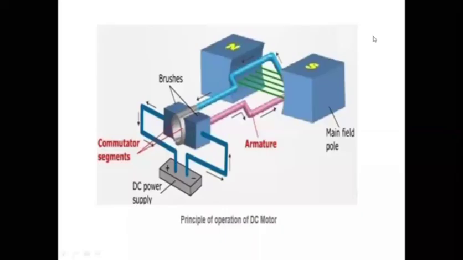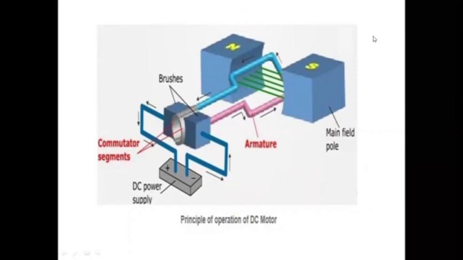This is just a basic figure. I have given you a beautiful figure because that was the black and white one. It gives you a good understanding. North pole and south pole, it is rotating, and see the direction of the current. It is getting reversed: near the north pole the direction is one way, and near the south pole the direction is reversed. So we will have a unidirectional torque developed, and that output will be DC. And you can see the commutator segment, which is the split ring, the split in between them, and the brushes, everything. Supply we are giving.